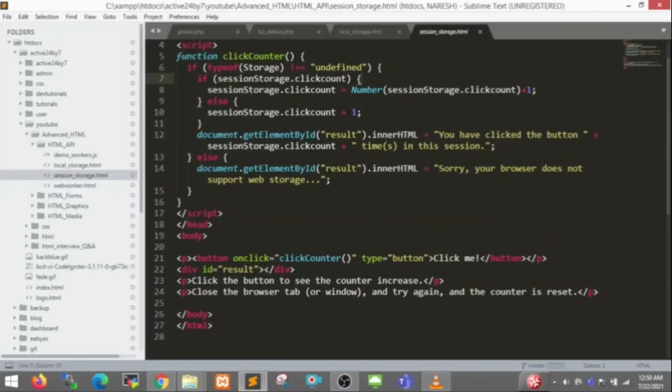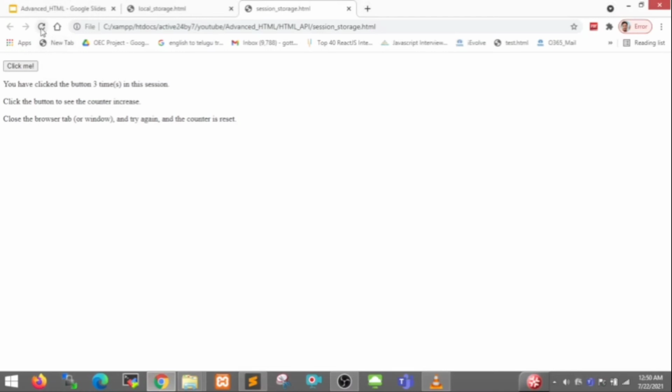Yeah, this is the click count equal to 1. Here the increment is there. If sessionStorage.clickcount is available, then increment it here, else part equal to 1. So when I refresh it, what do you expect here: 1 or 3 or nothing? Yeah, this is getting, when I click on here 4 will be getting, the 3 value holds in the session. Yeah, that is the importance of the storage.